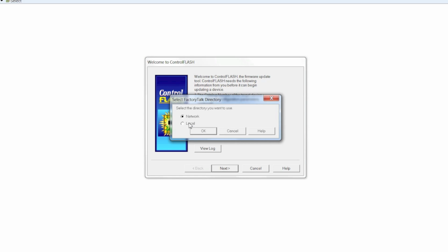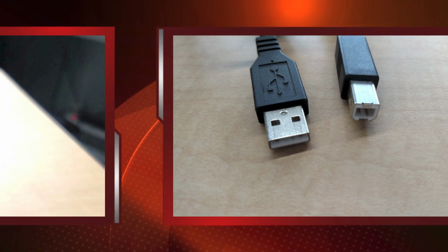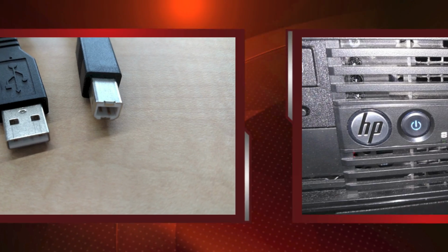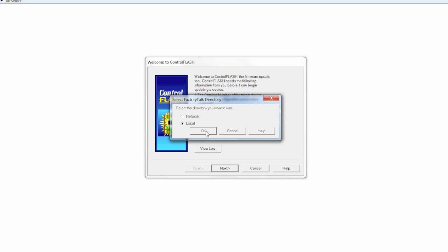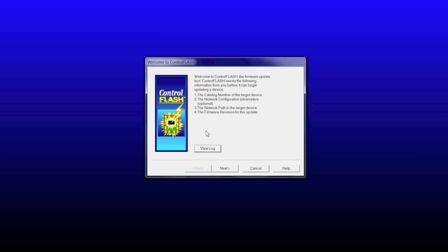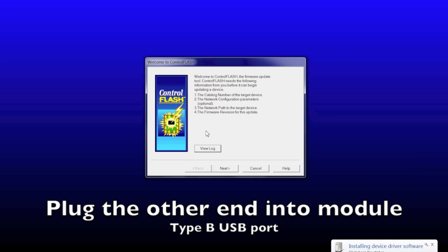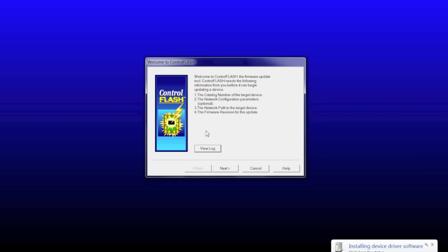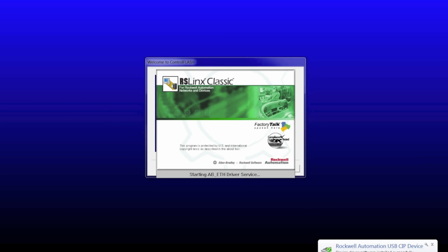You get prompted for a local or network-based FactoryTalk directory. I choose local because I'm going to have a direct USB connection between my computer and the hardware module. I'm going to go ahead now and plug in the USB cable. If you already have a path through an Ethernet card or the network to the card you want to upgrade, you can use that. So if you look at RSLinx, you can see on the bottom here, it's